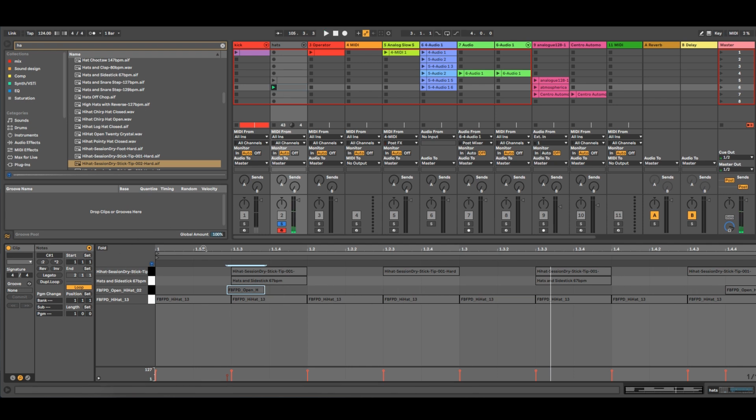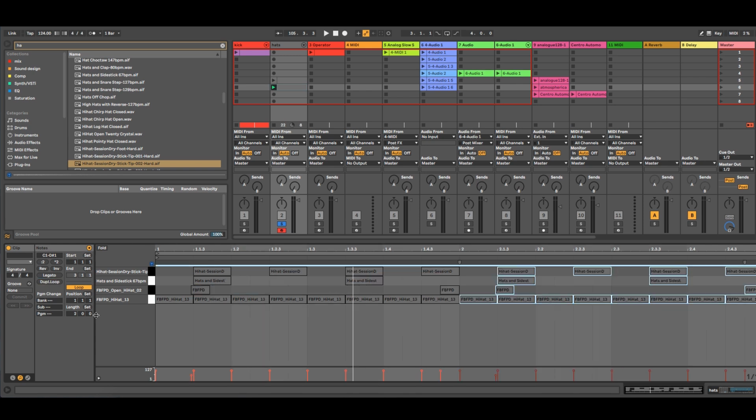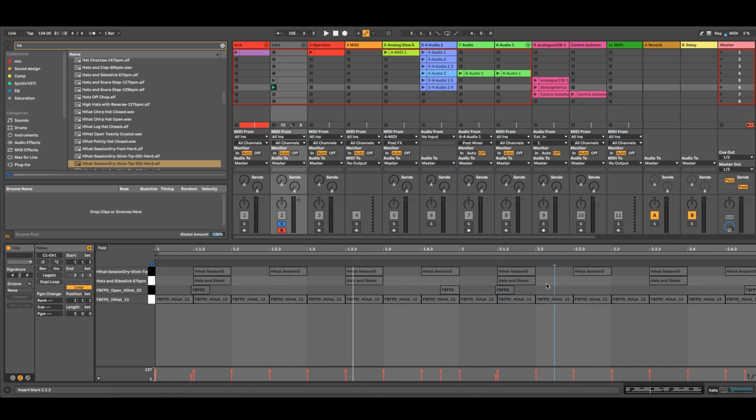Okay, so this is one loop. It really gets annoying and boring after a little while, so duplicate it. Now it's a little bit longer, and I can start making little variations on what we call the beat.